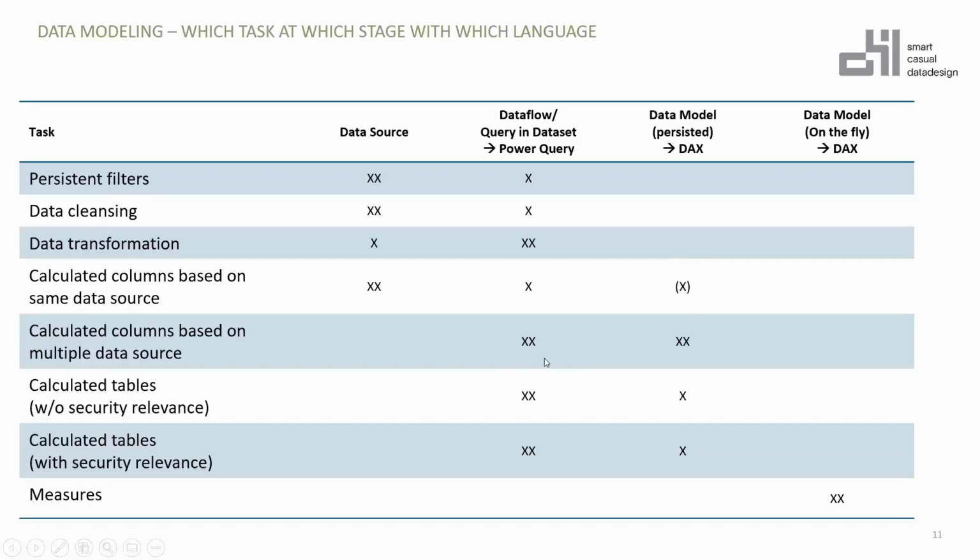If you want to enrich with calculations based on multiple data sources, you cannot do this in the data source most of the time. So you have to do it in the shaping phase in Power Query, or you could do it in DAX. This really depends on the calculation type itself, because DAX is in some cases a better choice because calculations might be easier here. From a performance or resource perspective, Power Query might be the better solution, because everything you do before you're uploading the data into the actual data model, so everything you do in Power Query instead of in DAX,